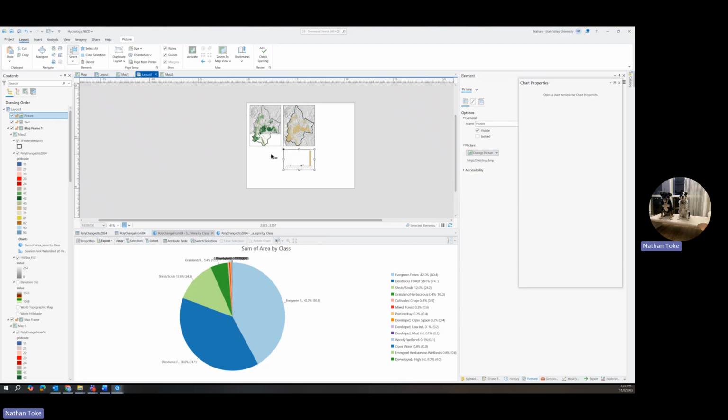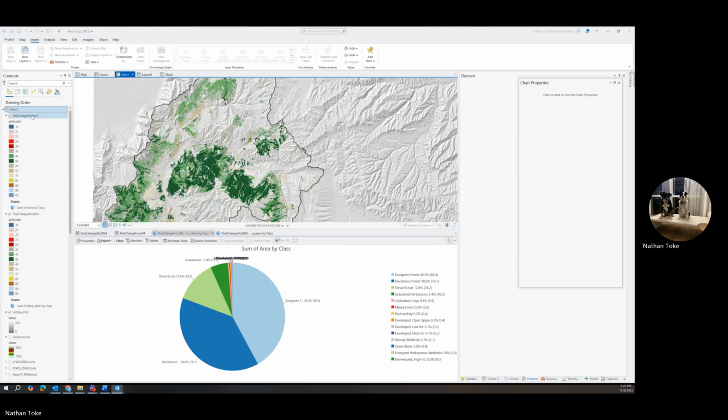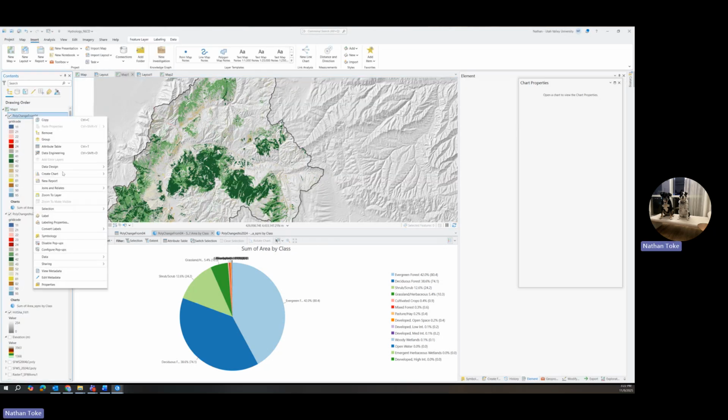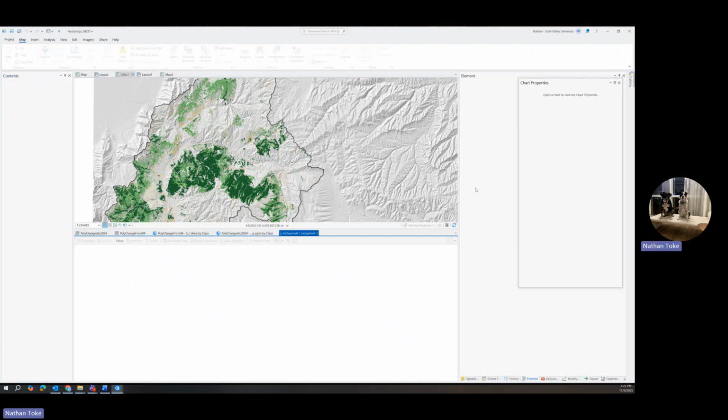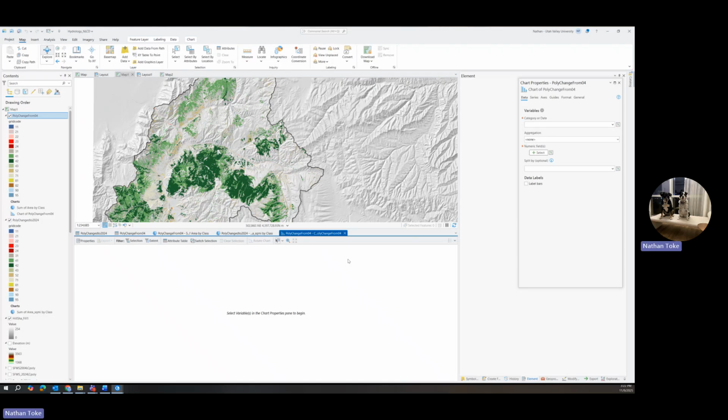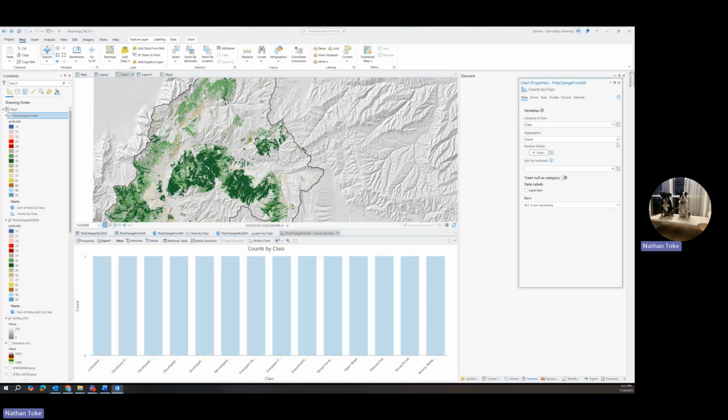So yeah, I could do this again for this other one. So if we go to changed from, and go to create a bar chart. The histogram is really funky. Ideally, that might be something we'd use, but